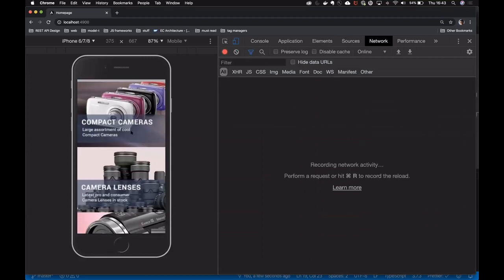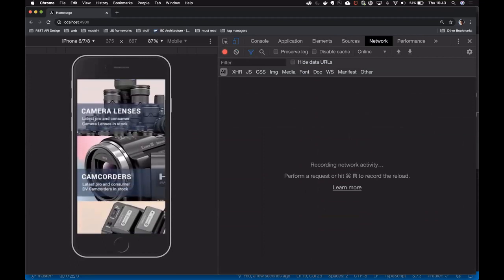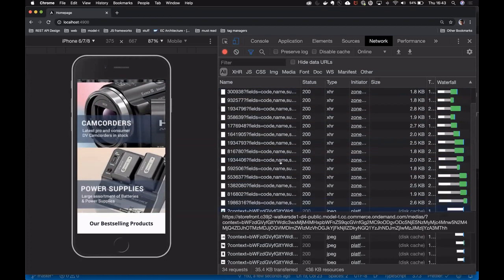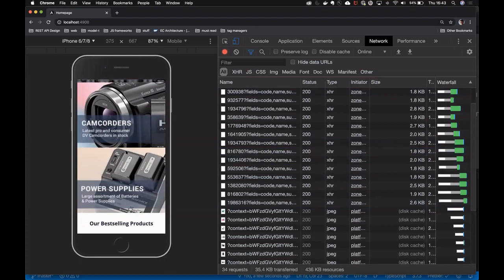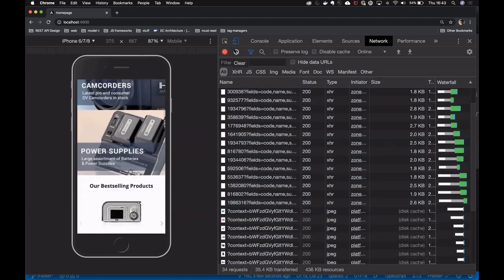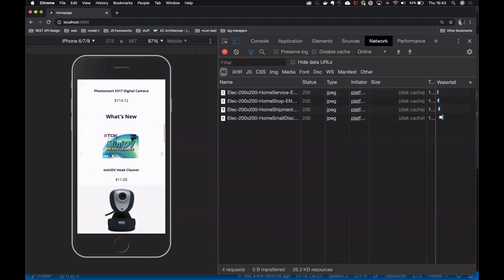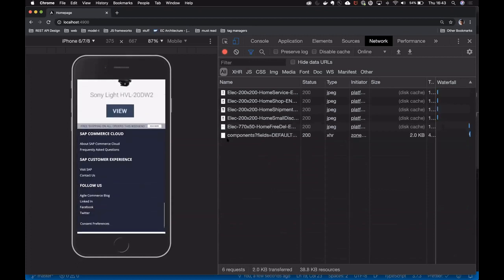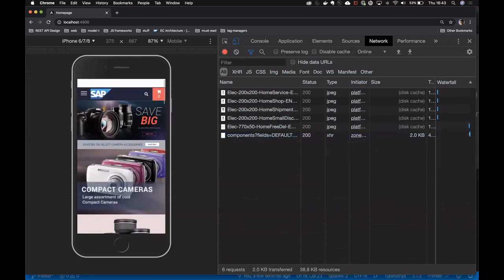If I keep on scrolling, you'll see that additional data, like images, for example, will come in. And there will be, like in this case, a lot of requests for data, like the carousels are heavily and urgently looking for product data. And this will keep going. If I scroll down, there are some other images coming up. And the last one is the footer navigation, which is also being requested separately.